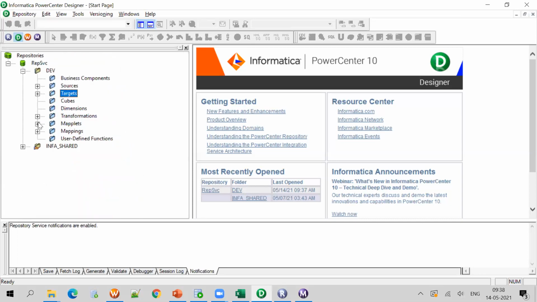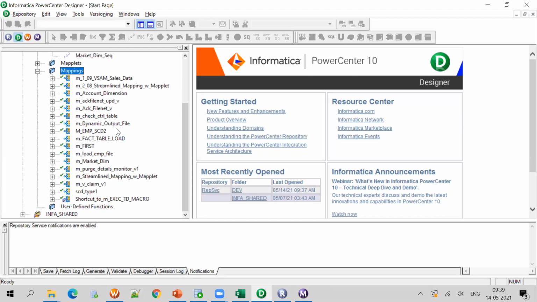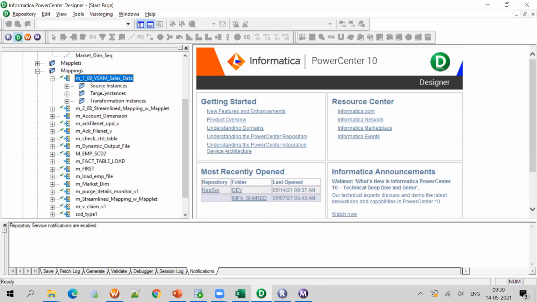And if you go to transformations, one transformation is there already. And in mappings, there are many mappings available here. I already created those mappings. If you expand the mappings, you can see every mapping has a source instance, target instance, and transformation instance.